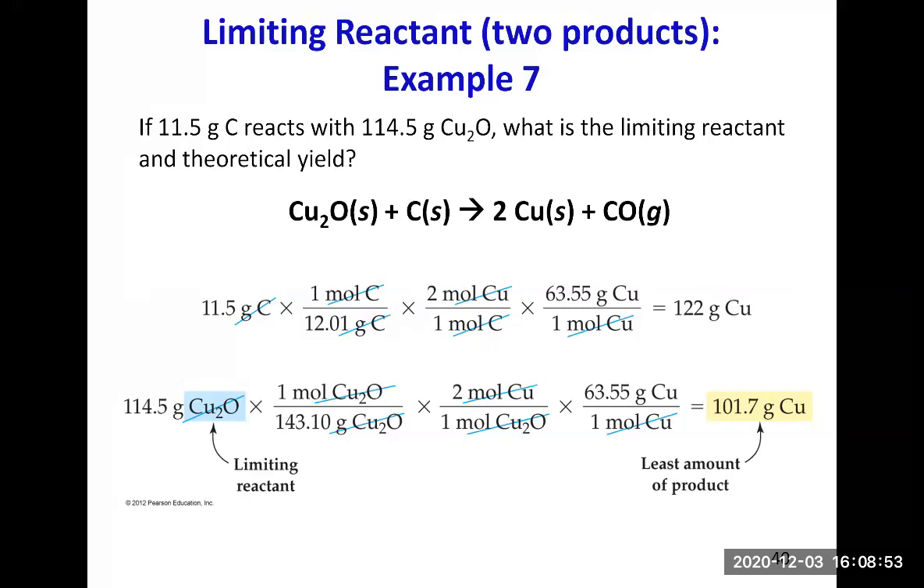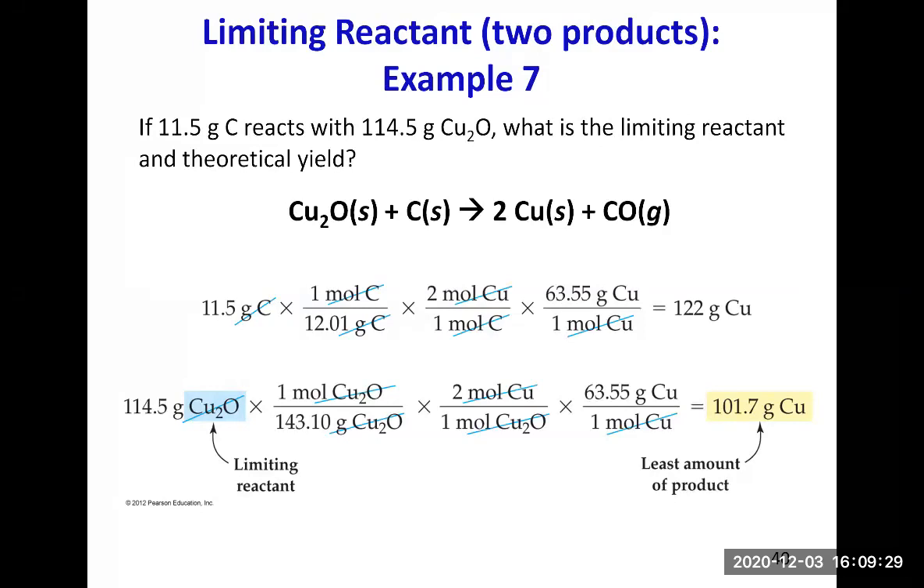And the next step should cancel the moles of Cu. So it's the molar mass of copper with the grams on top and the mole on the bottom. This way we cancel units of moles of Cu. So in the calculator, you do 114.5 times 2 times 63.55 divided by 143.10 equals. The calculator answer is